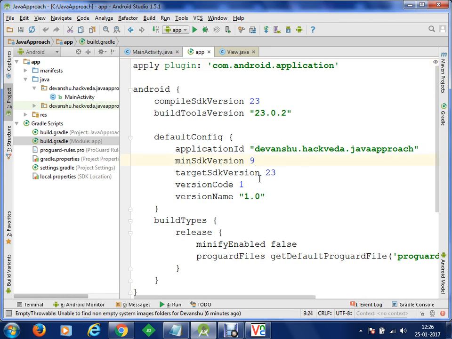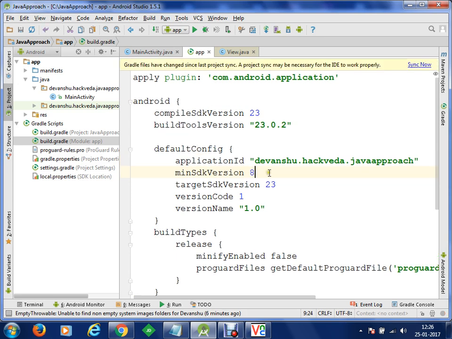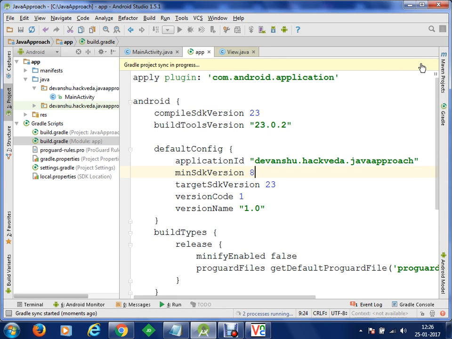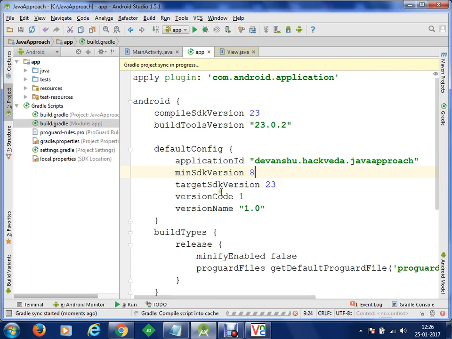So I'm going to set that value to 8. Okay, now you can see that I have set the minimum SDK as 8. I will sync the application, and then I will be able to test my application on a Froyo device. Okay, recently Google has ended their support for Froyo.